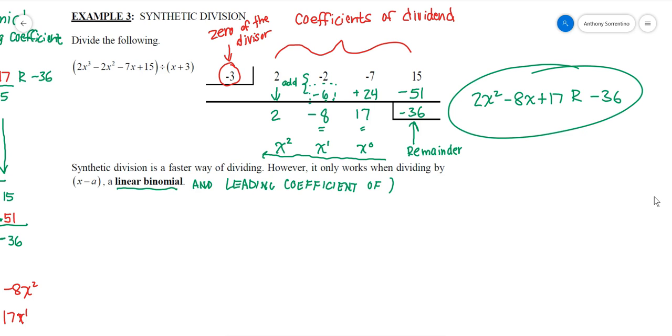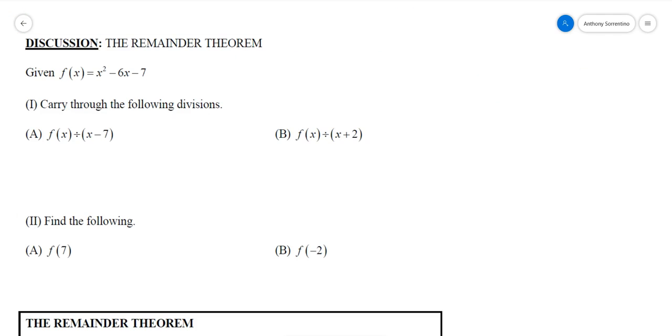For this to be useful as well, we're going to talk about the remainder theorem and what that tells us. So we're going to do an exploration of the remainder theorem. I'm going to be doing these using synthetic division just for the time being, because we're going to hopefully notice something that goes on with this. So we know that f of x is defined here as x squared minus 6x plus 7. In the first one, I want to do f of x divided by x minus 7, which means that for a,